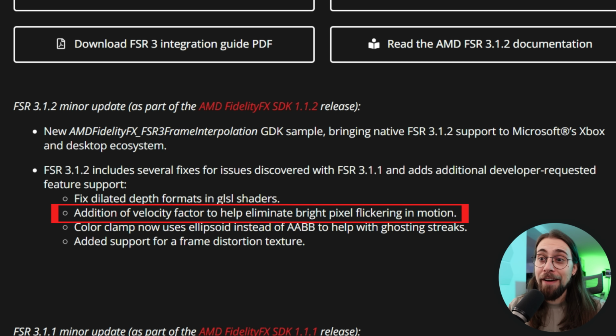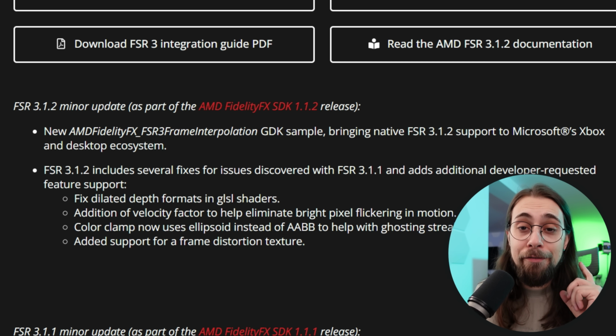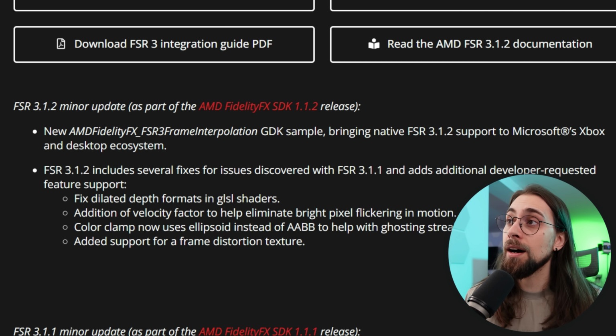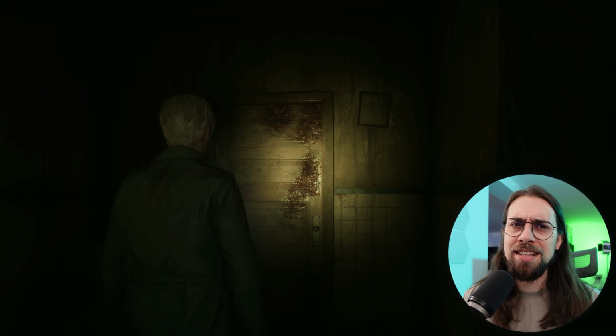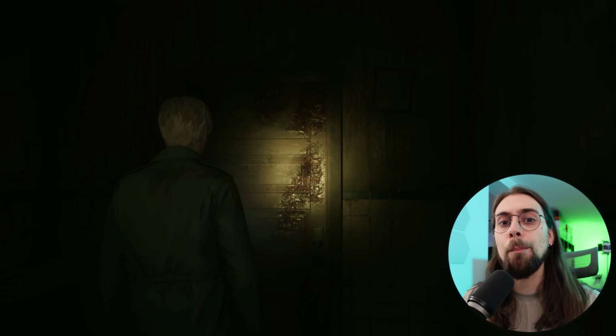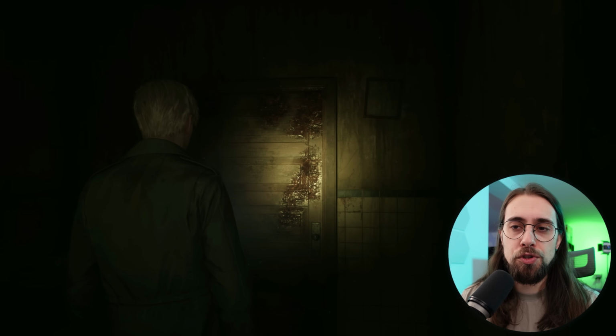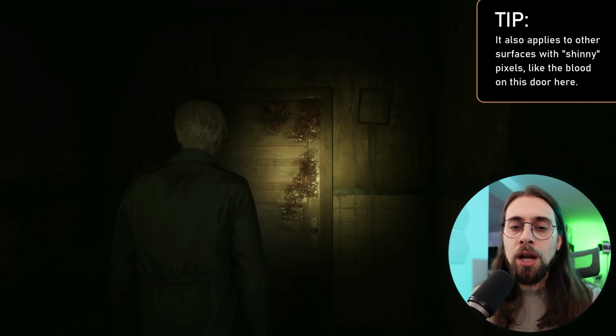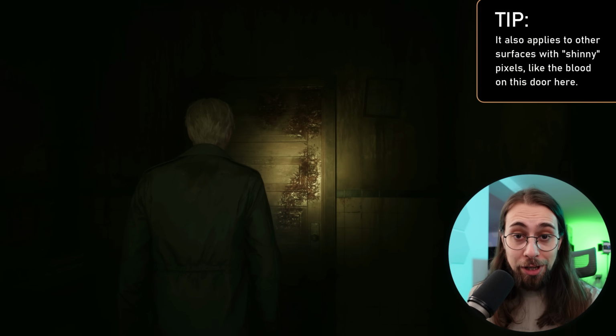Addition of velocity factor to help eliminate bright pixel flickering in motion, and this is also a very important thing. The velocity factor is very important because in games like Silent Hill, for example, I believe that Silent Hill supports FSR 3.1.1, not the 3.1.2, and what happens mostly is that if we're using FSR 3.1, when we're looking at water in the ground, for example,